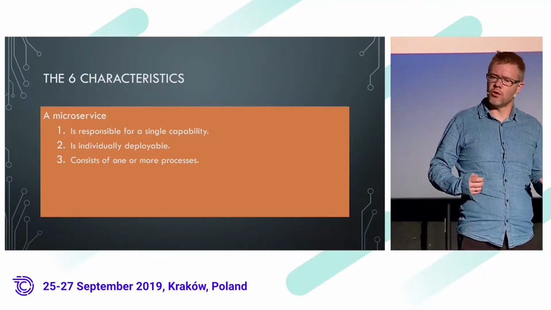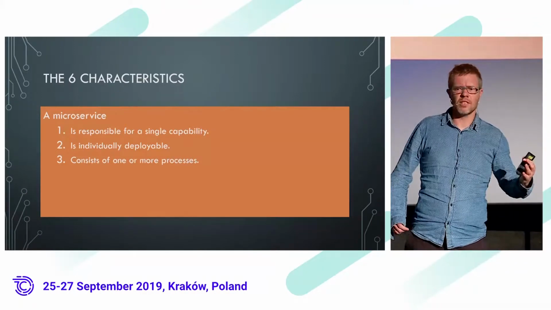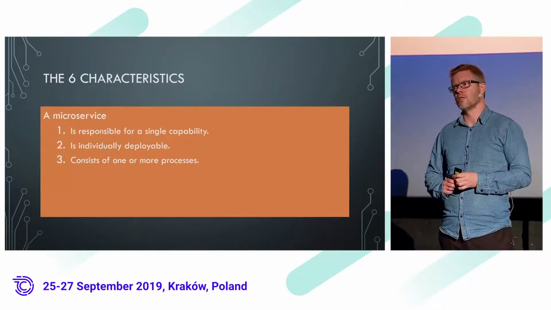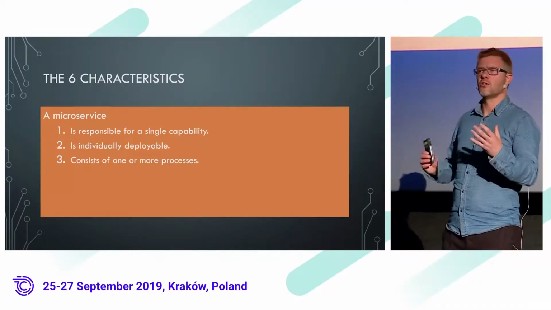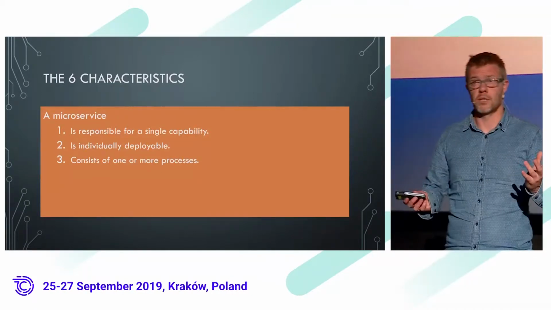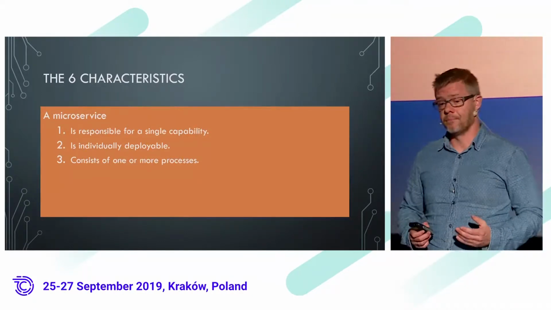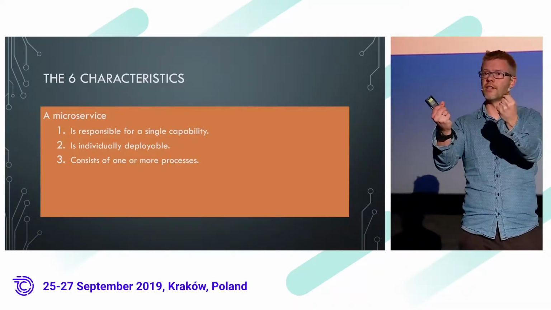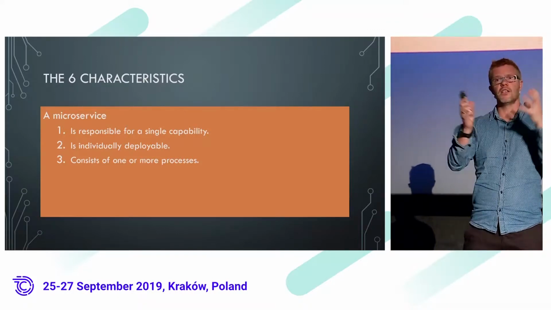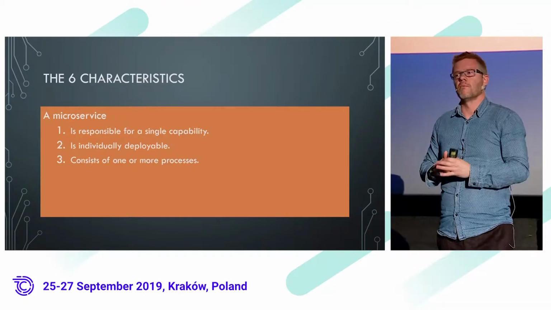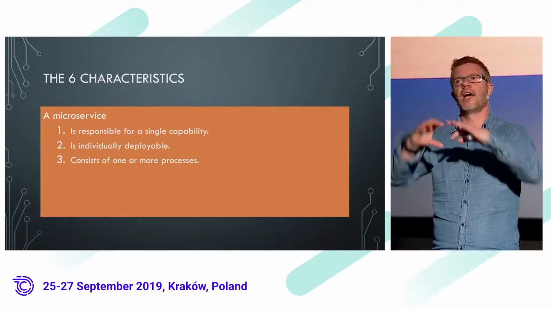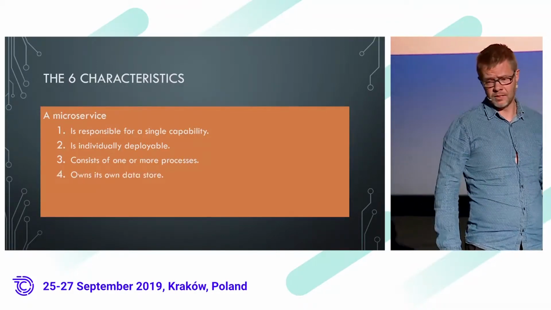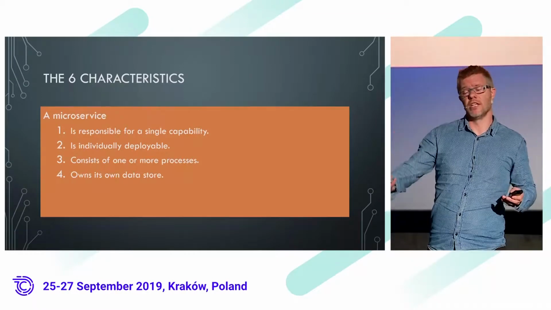It can consist of more than one process. That ties into the one before it with the deployability. So you might have situations where, let's say you've containerized it, because we all run containers, right? And there might be a web interface, and there might be some kind of background job. That might be 2 different containers, but logically that can be one service, because it might be the unit that we have to deploy together, and they together handle a capability. They own their own data store, so they come with a database as well.